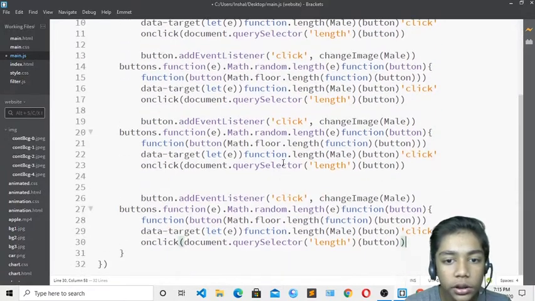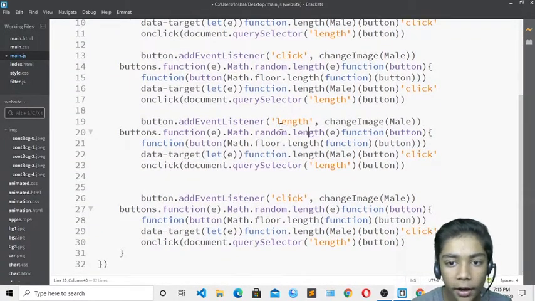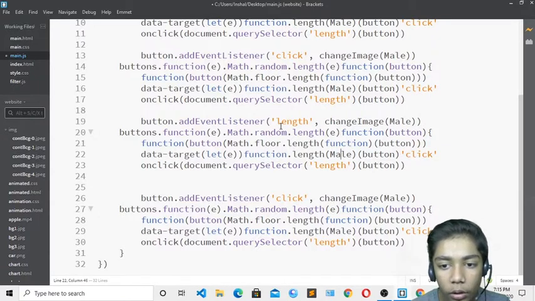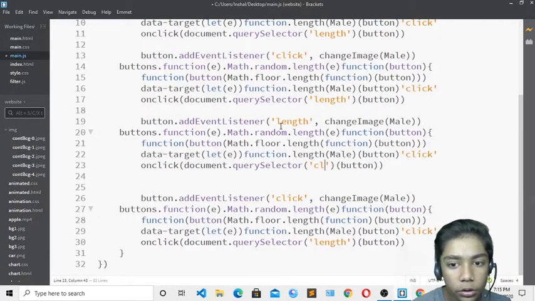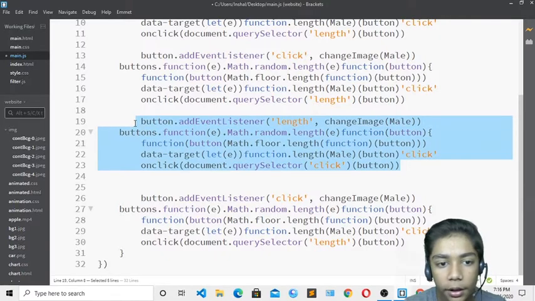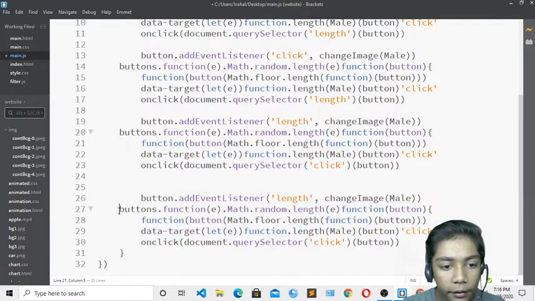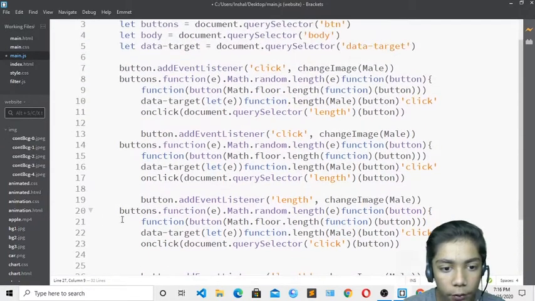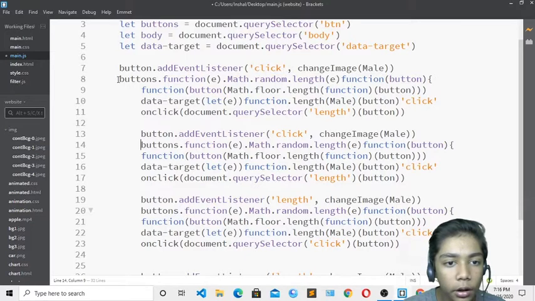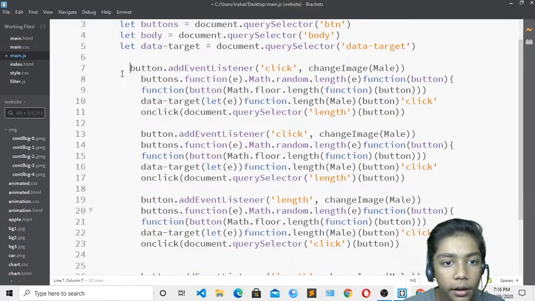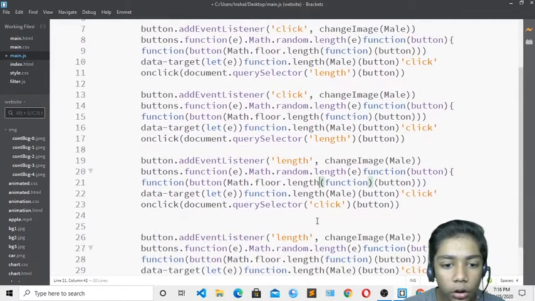You have to do all these things over here, and now here we will change it to length, and over here we will change it to click. Like that we have to do over here also. So I will copy this again from here and paste it over here. I will take this space forward over here and over here also, so it should be in one line. Like that, then over here like that. Now it is good. So now it is looking really good.